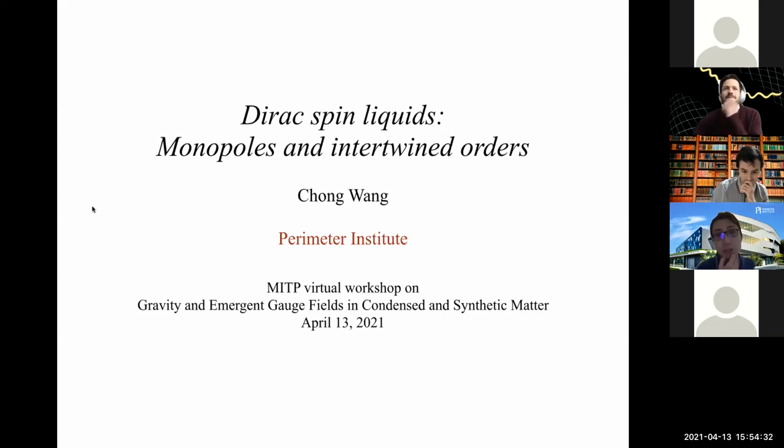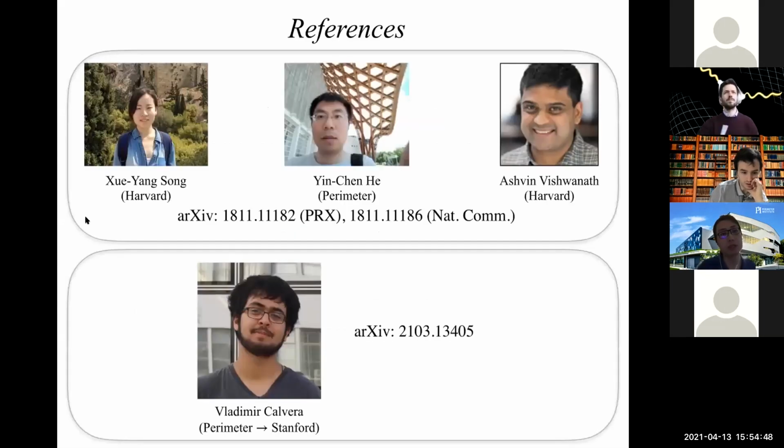Today I'm going to talk about essentially a story of emergent critical gauge theory out of a lattice spin system, or out of lattice spin systems in 2+1 dimensions. So roughly my talk will consist of two parts. They're intimately related. So the first part I'll cover some earlier works done with these folks, Xue Yang and Ashwin from